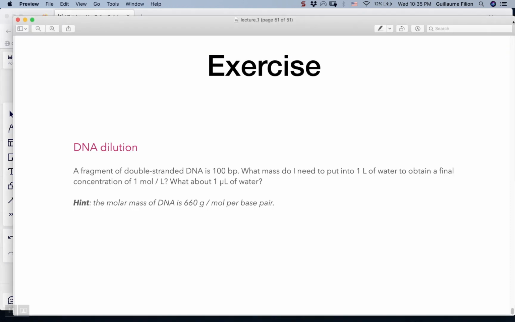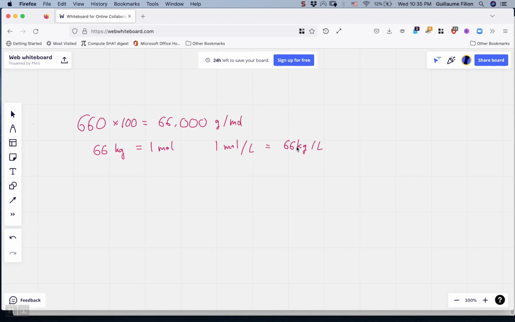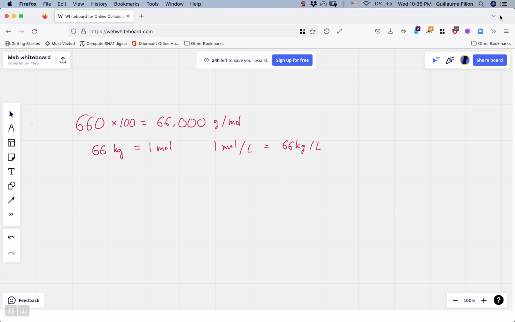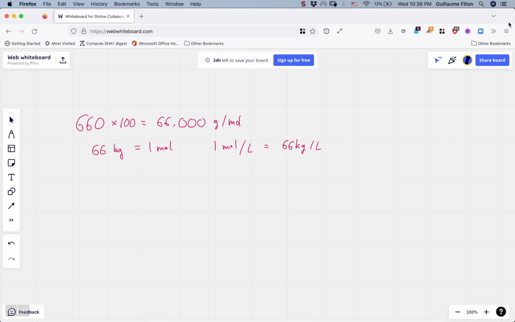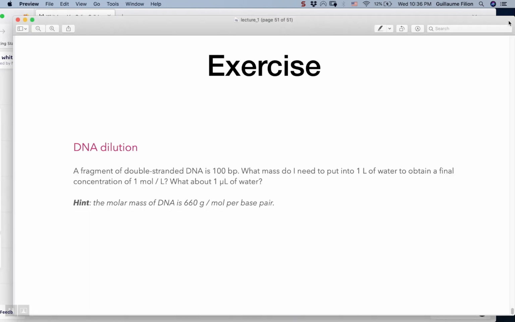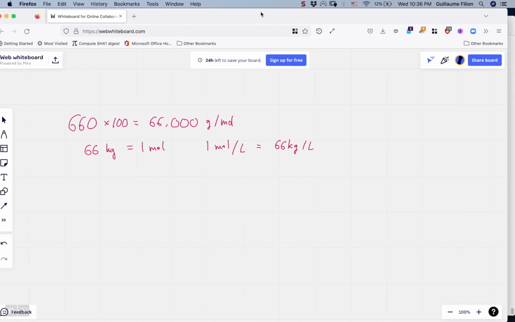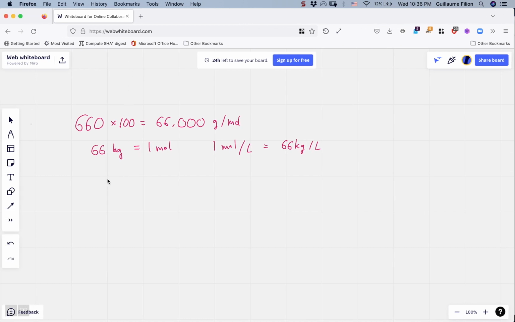If we go back to what it was: what mass do I need to put in 1 liter of water to obtain a final concentration of 1 mole per liter? The answer is I need to put 66 kilograms in 1 liter of water in order to obtain 1 mole per liter. And then there is the other question, which is a variation on the first: now if I have 1 microliter of water, how much DNA do I need to put to have the same concentration? And the way we solve it is that we say that 1 microliter